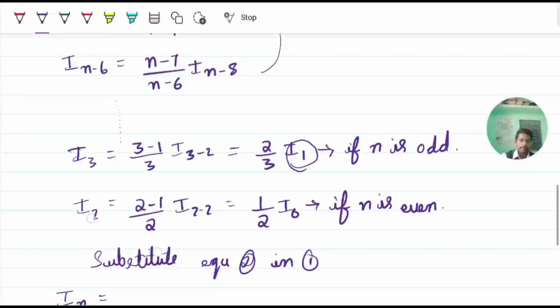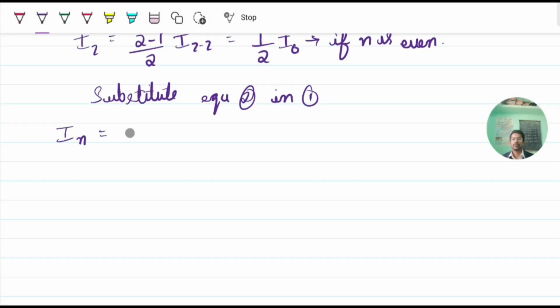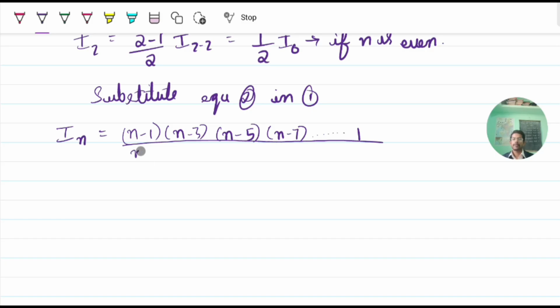Let us write that I_n is equals to (n-1)(n-3)(n-5)(n-7) and so on up to 1, whole divided by n into (n-2) into (n-4) into (n-6) and so on up to 2, into